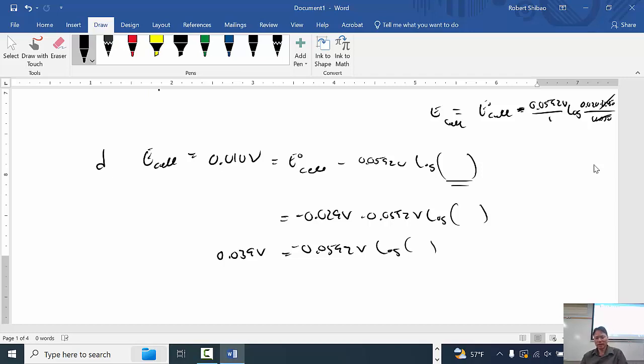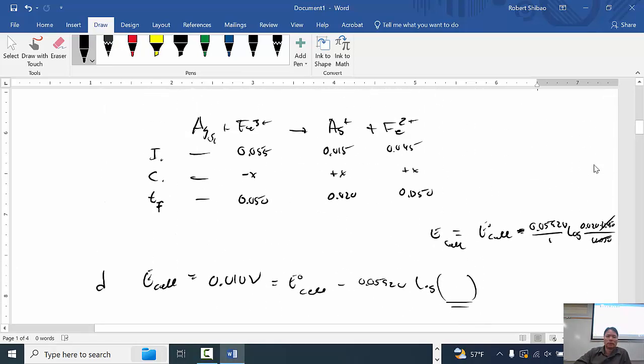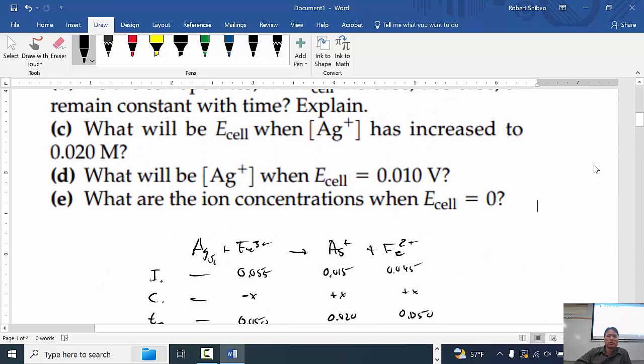So I'm going to divide that, 0.039 divided by negative 0.0592. And then I'm going to take the anti-log of that. And so I get a ratio. The ratio is equal to 0.2193 here. So we have